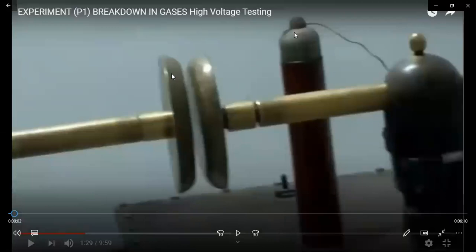But it doesn't mean that you can touch the electrodes, because if you touch the electrodes, there will be no gaseous particles between the electrodes. So how would the breakdown of the gas be demonstrated then? So the electrodes should be close. In this lab, they have taken electrodes of about 6 to 8 inches, and however, the gap